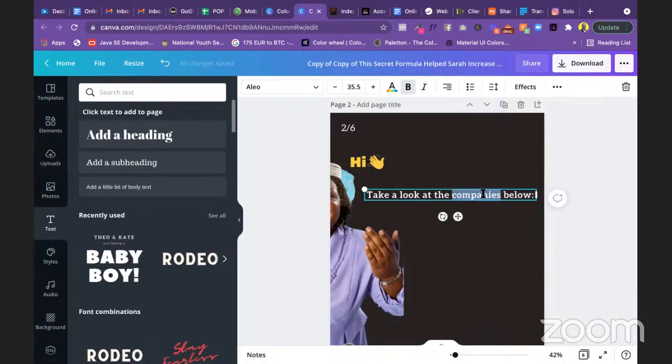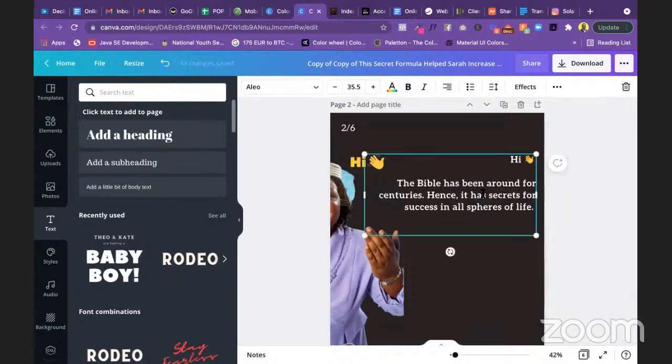So let's come here. So I'll just paste it there. So now this is going to show here, but by the time you're downloading it, it's not going to show, all right? This particular emoji here. So that's why I use the one that Canva provides. So I'll say,